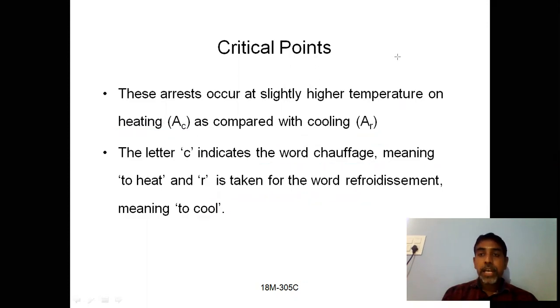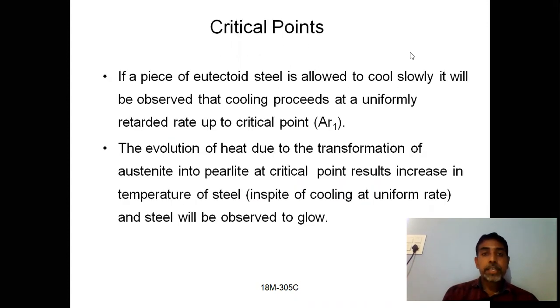Coming to the next slide. Just remember these points, because we will discuss them elaborately in the iron carbon equilibrium diagram. Just remember the points and the temperatures if required. You will not understand the complete concept here because it depends on the iron carbon equilibrium diagram. When we understand that diagram carefully, then we can understand this very easily. Here you have to understand only a few basic points.